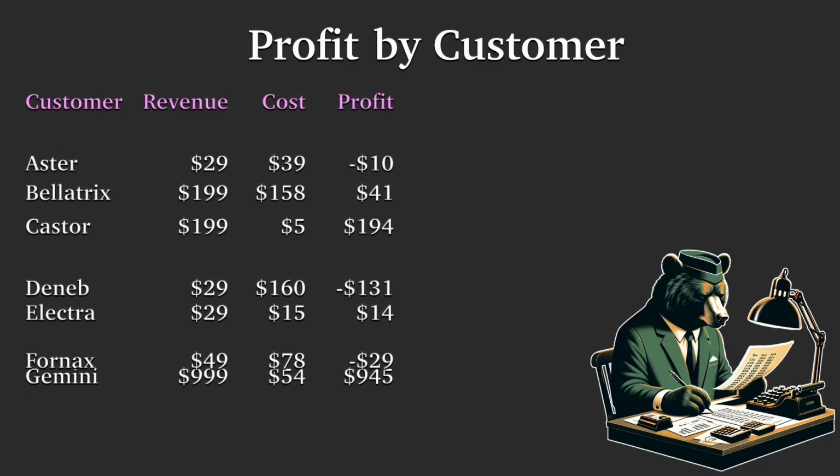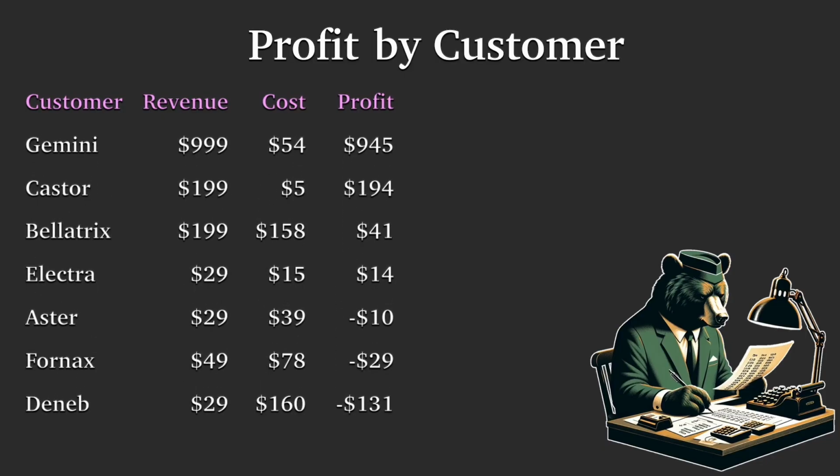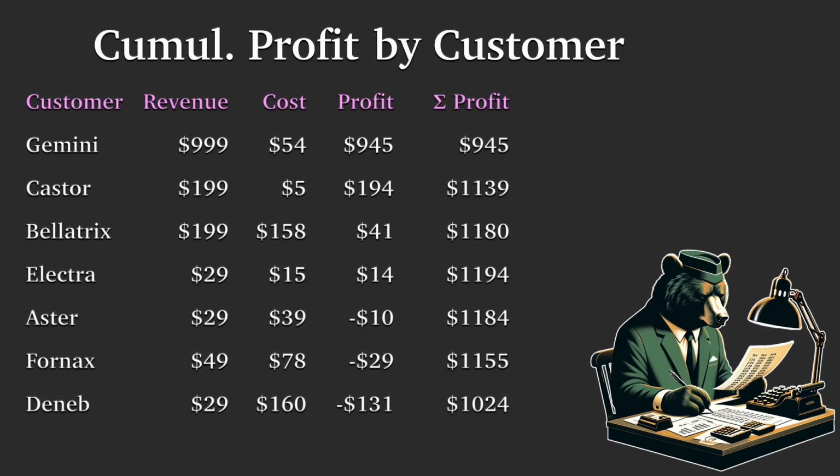So the next step is to sort the customers by how profitable they are, with the most profitable first and the least profitable last. And then we're going to do the final step needed for the profit whale, which is to calculate the cumulative profit customer by customer. So that means starting with the most profitable customer, we then go to the second most profitable and add their profit to get a running total. Then add the third customer's profit to the running total, and so on down the line. And of course, at the last customer, we will also have arrived at a total profit for the entire company.